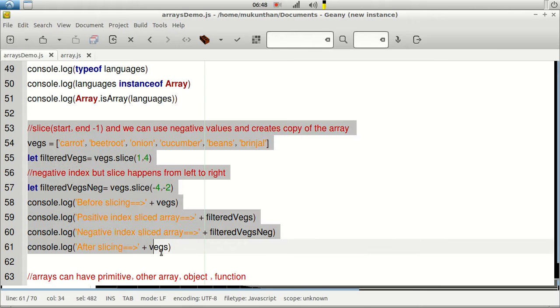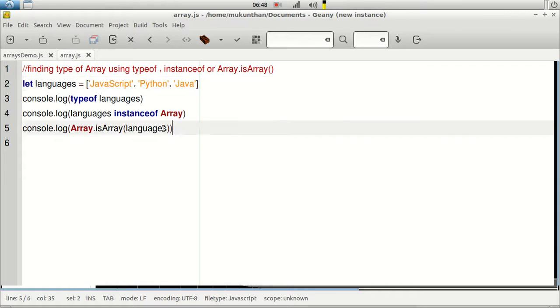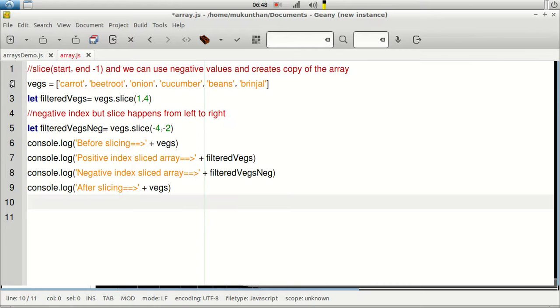Next one, slice method. The slice and, let's say, the splice method look similar, because the pronunciation is almost the same. Whereas splice is used to delete elements from a specific index for a specific number of elements, slice is just like getting a specific part of, it's like a bread, you can slice it anywhere and take the part.